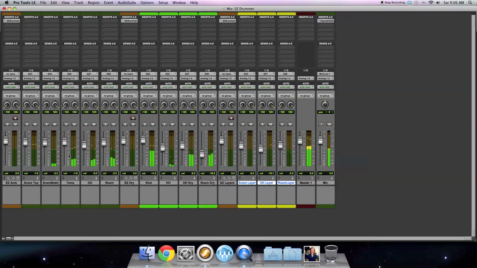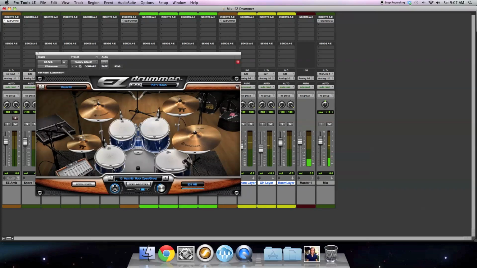So right now what I've got is a combination of a low pitched snare and a high pitched snare. It's really up to you to decide what sounds good together, but you can do these sorts of things by mixing and matching with multiple instances of Ezdrummer to layer these different sounds, kind of give it a little bit different character rather than the stock sounds that everybody uses when they just pull up Ezdrummer and hit play. If you're looking to just be a little bit creative, have your sounds be a little bit different, but you're still using Ezdrummer, layering, mixing and matching,